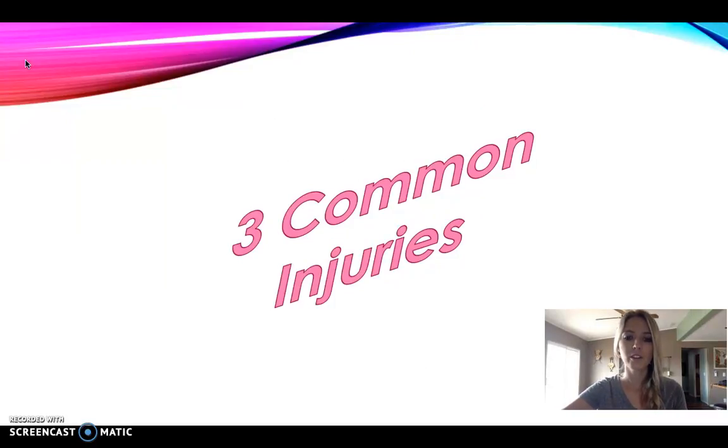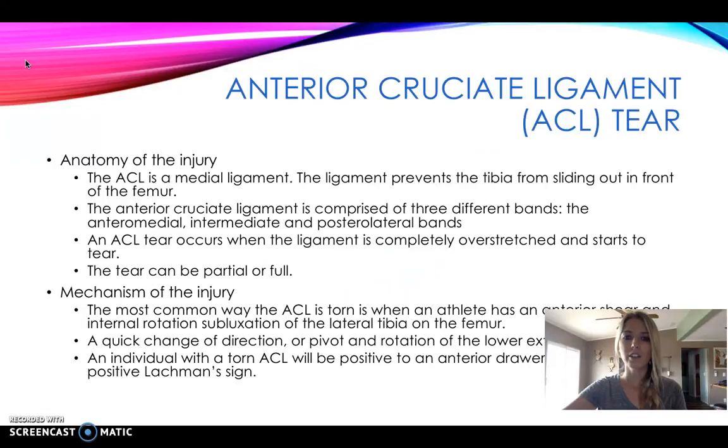The most common injuries are ACL tears, meniscal tears, and grade 2 ligament ankle sprains. The anterior cruciate ligament is an ACL tear. This ligament is a medial knee ligament. It prevents the tibia from sliding out in front of the femur. ACLs are typically torn when the athlete has an anterior shear and internal rotation subluxation of the lateral tibia on